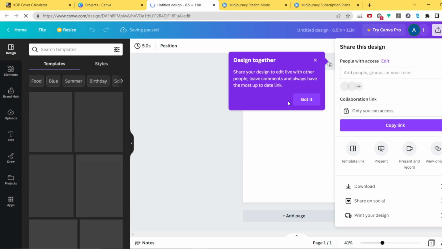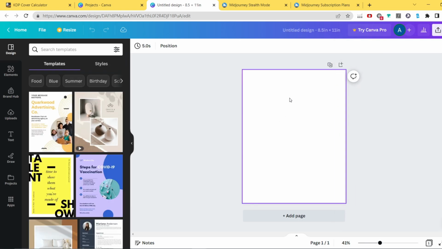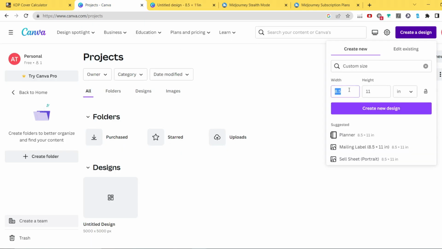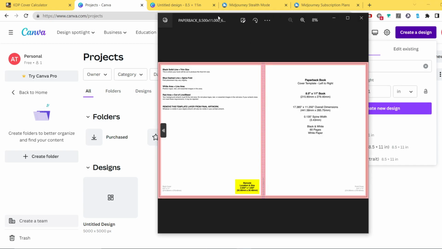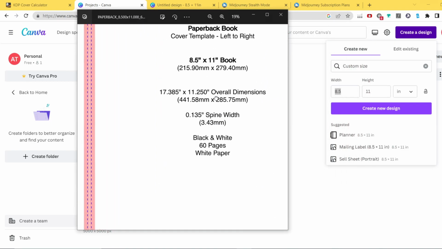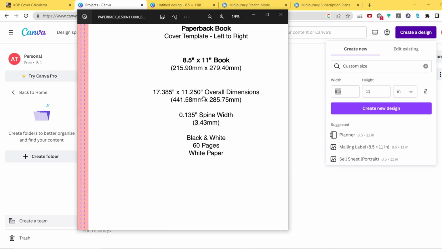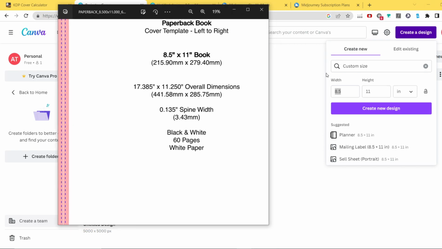Create a new design. And as you can see, this is more or less how our page is going to look like. I'm just gonna come back to the Canva main page right now, and we're gonna create new dimensions for our cover. And here is where the image we have just downloaded, or actually the cover we have just downloaded, is very handy. I'm gonna open the image, and as you can see here you have the dimensions,